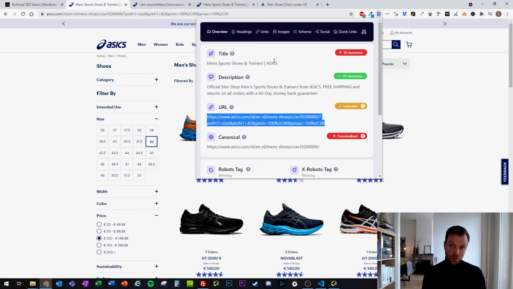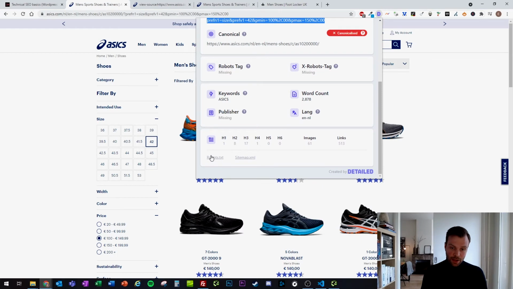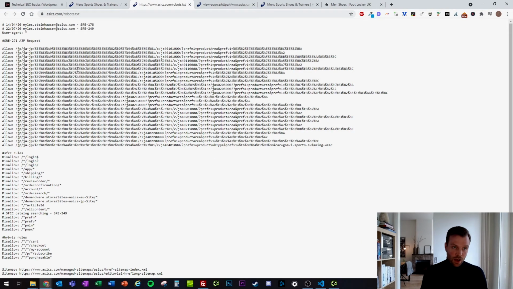You can help Google by using the robots.txt file. If you scroll down here in the plugin and click on robots.txt, or you go to the root domain and put robots.txt behind it, you will get access to your robots.txt file. Basically you can set all kinds of rules in here for Googlebot to crawl or not crawl certain folders or certain URLs that contain